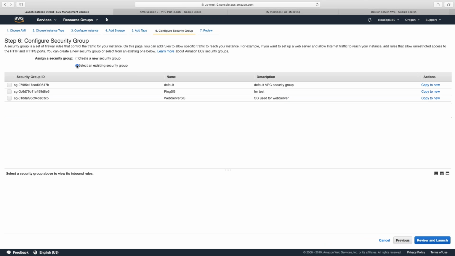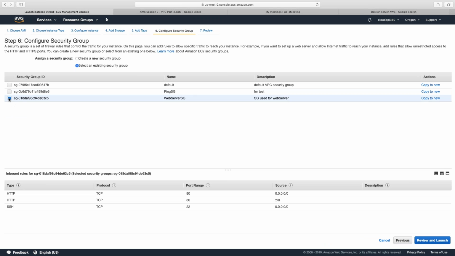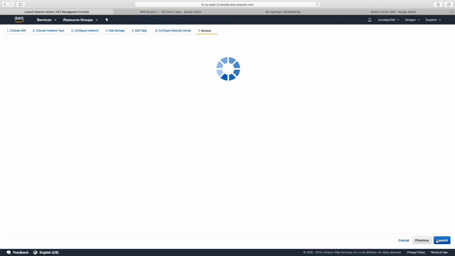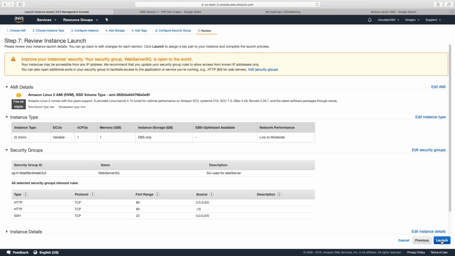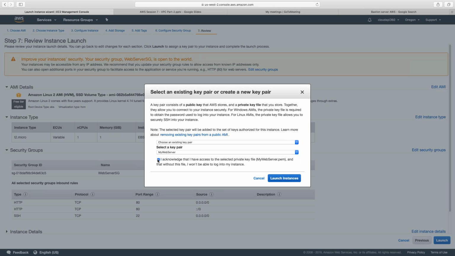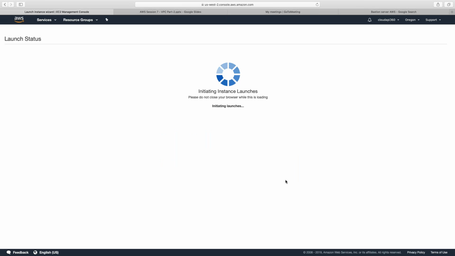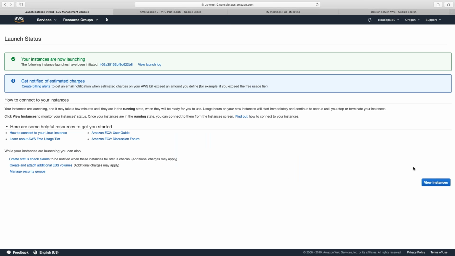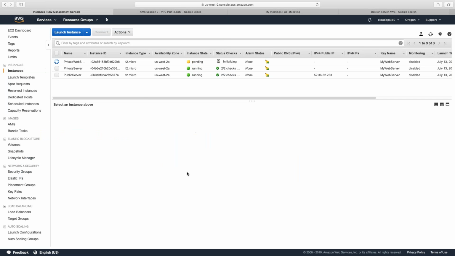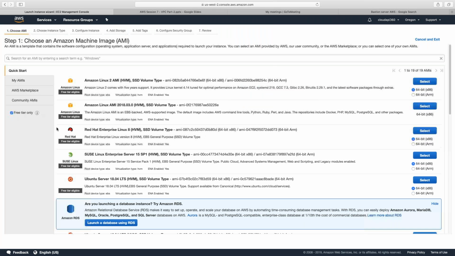so I can know from which one. So here I will have to open the ports because this is HTTP I'm running, so I will have to open the port. So I'm using the web server security group here, and then I will not be connecting to this, but we have to select it. I am selecting it. So I have my web server one getting started,